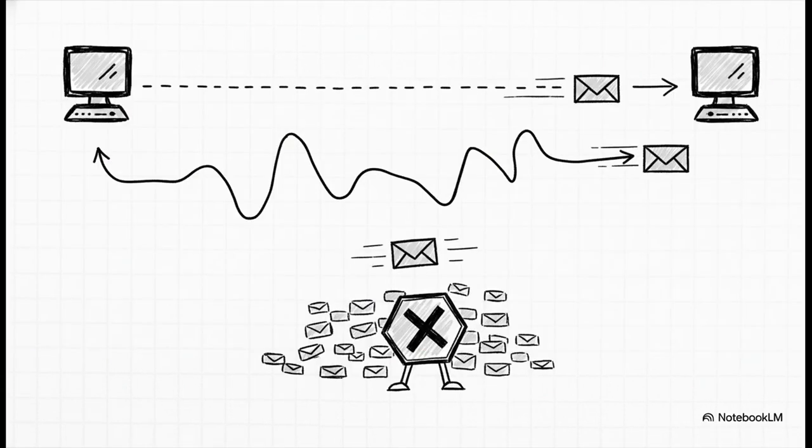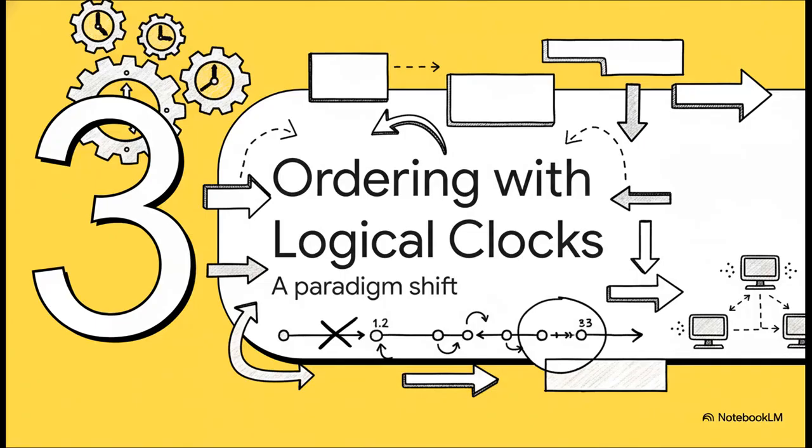But here is the massive, fundamental problem with both of these approaches. They totally depend on messages getting through a network, and network travel time, what we call latency, is just messy. It's unpredictable. One message might zip right through, but the next one could get stuck in digital traffic. And because of that, trying to get perfect, exact synchronization is this constant and ultimately losing battle. So, if you can't win the game of chasing physical time, maybe it's time to change the rules of the game itself. This is where things get really cool.